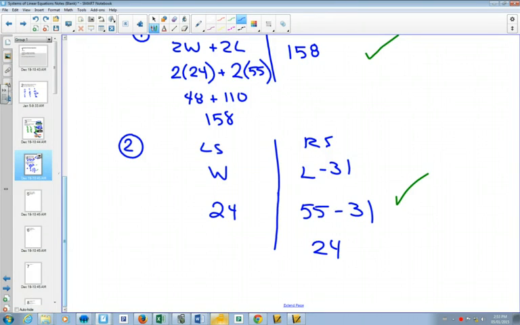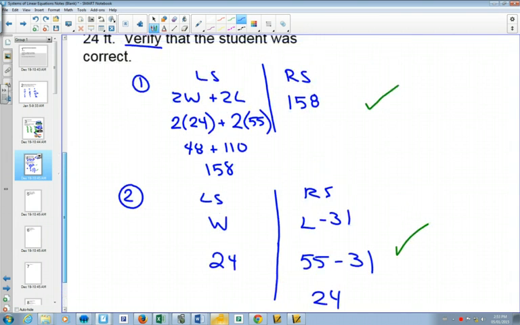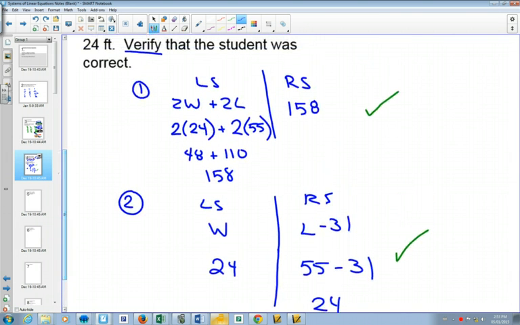They were able to figure it out, and you can check it by plugging the numbers back in. Is that enough, or do you need part of the